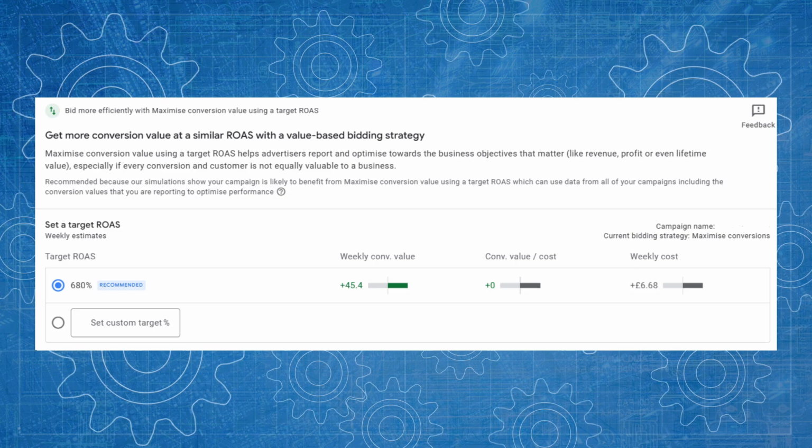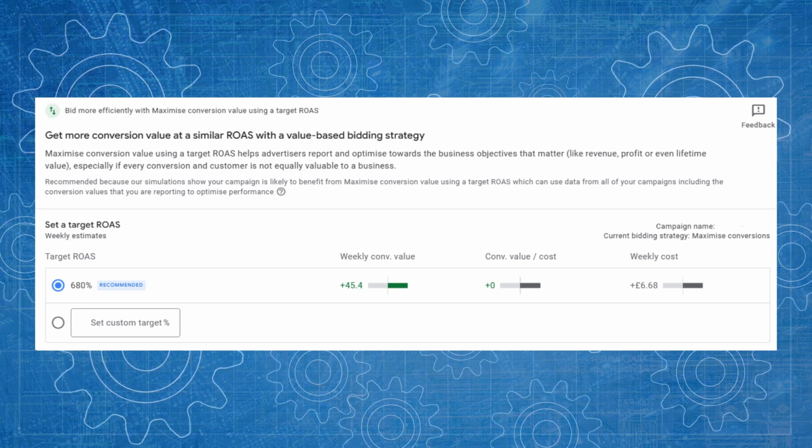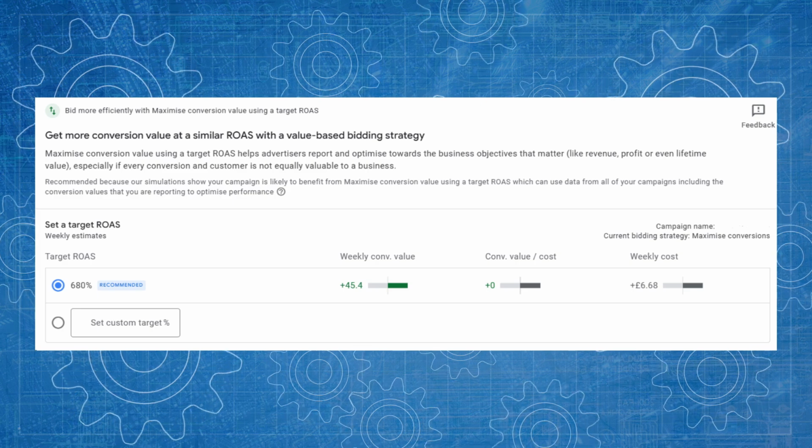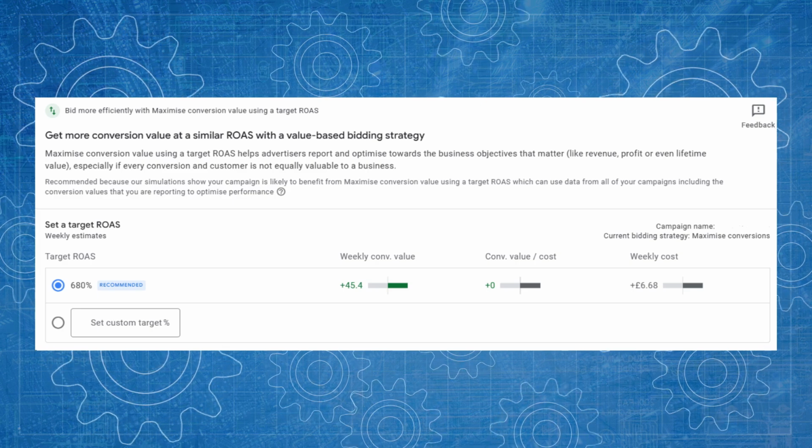So say for example, you are tracking conversions in your account, but you're also tracking conversion values as well. If you're on target CPA, which is a non-value based bidding strategy, it's based on a conversion, Google will tell you they can see the conversion value coming through as well. And they'll tell you that you're limited by bid strategy because you're not on target ROAS. You're not doing value based bidding because in their hierarchy, target ROAS is the very top of the tree, and even on target CPA, where you are tracking conversions successfully and optimizing towards a conversion return, they want you to move up the tree towards ROAS because that's dealing with what they perceive is real revenue.